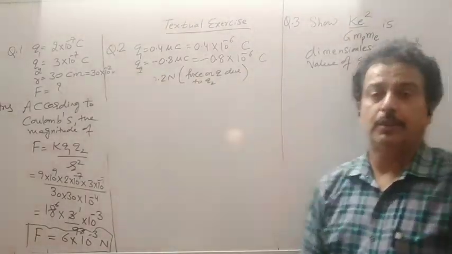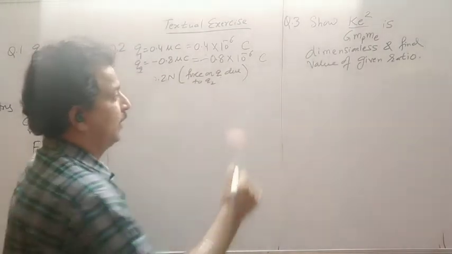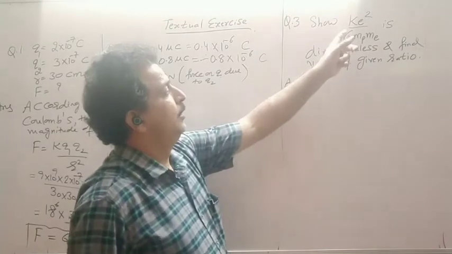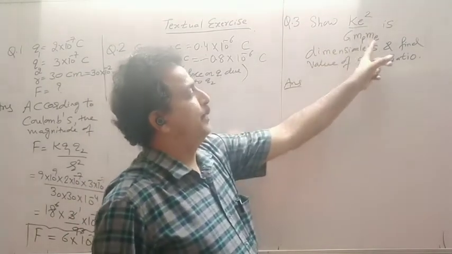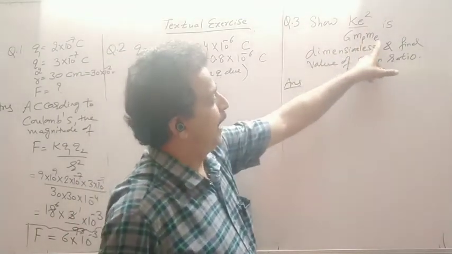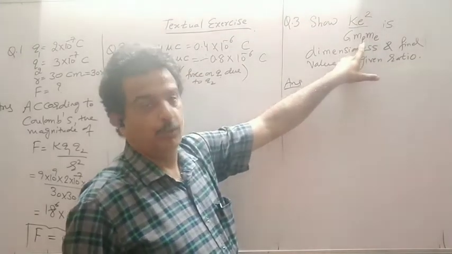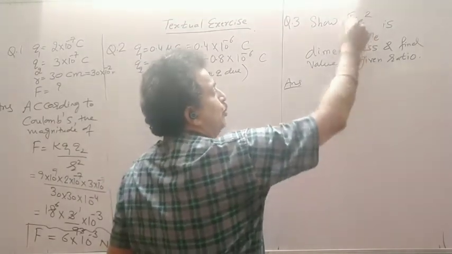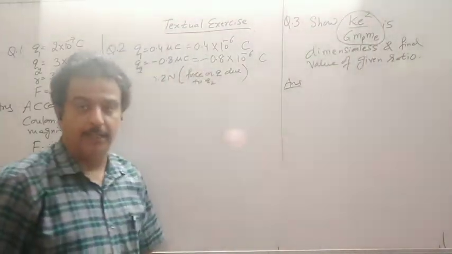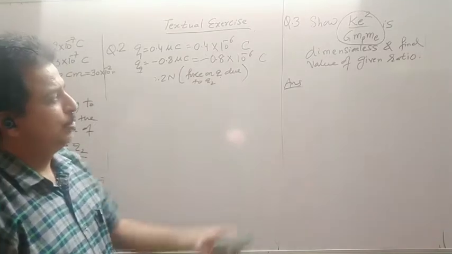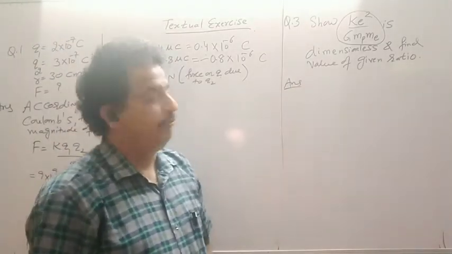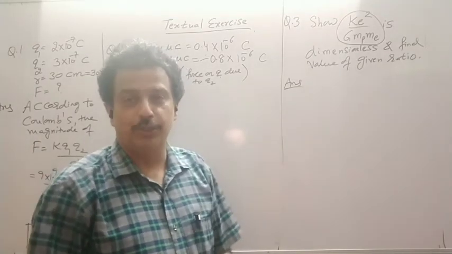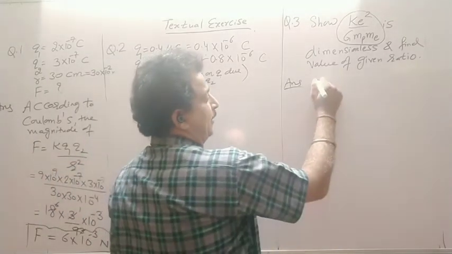So this is another simple question. Now we move on to question 3. What is this question 3? They have given a ratio K e square upon G Mp Me, where Mp means the mass of proton and Me means the mass of electron. We have to show that this ratio is dimensionless. There are many ways to solve this numerical. One is to substitute the dimensional formula or substitute units. So let us see the first method.